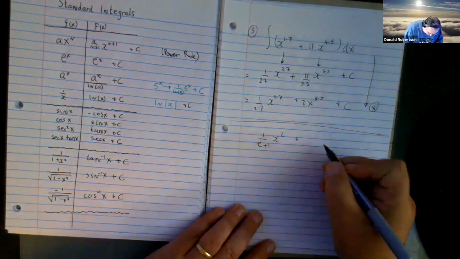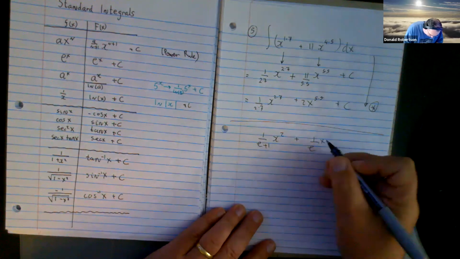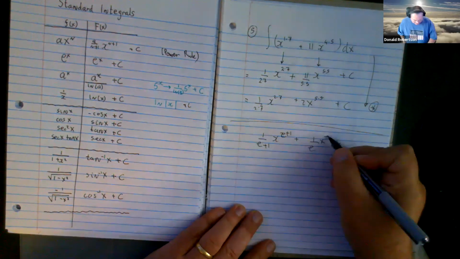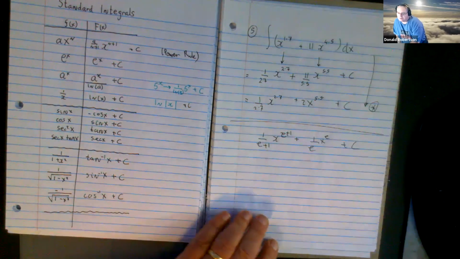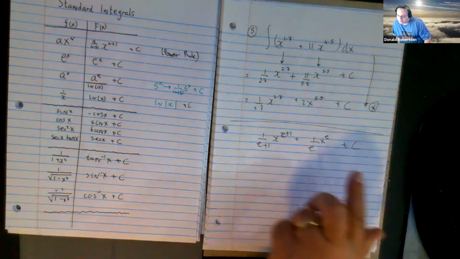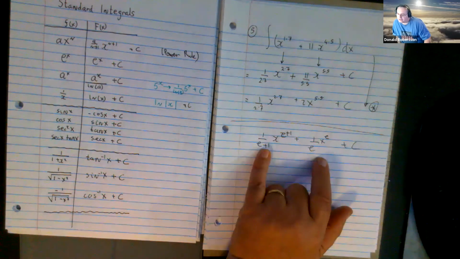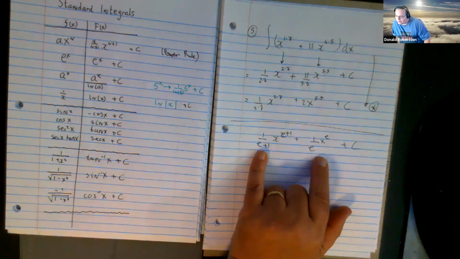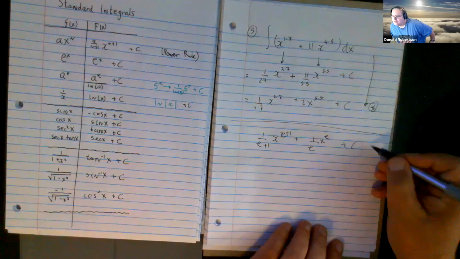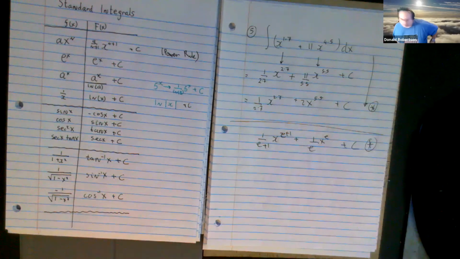I guess I'll put an e+1 here and an e. Right? Can you imagine a question that ended up looking like that for whatever reason? Could I combine these two and try and make them a single fraction and do all sorts of other algebra? Sure, I could. I don't think it would be worth it. Would you agree it probably looks worse rather than better when you're finished? So if you got a question like that, I would stop looking. Just call it good. On the other hand,